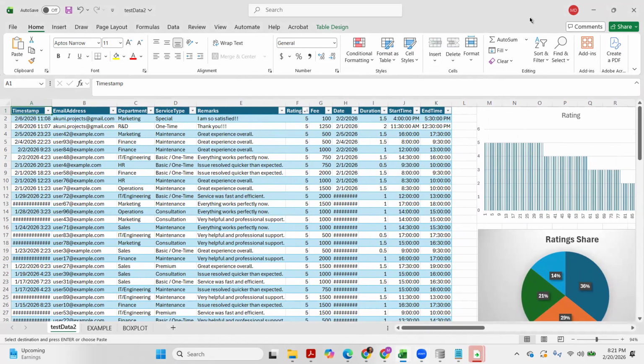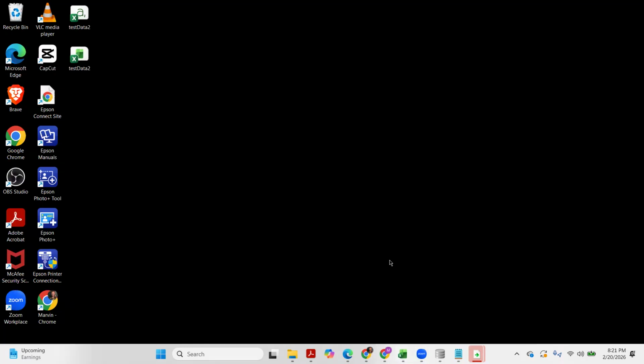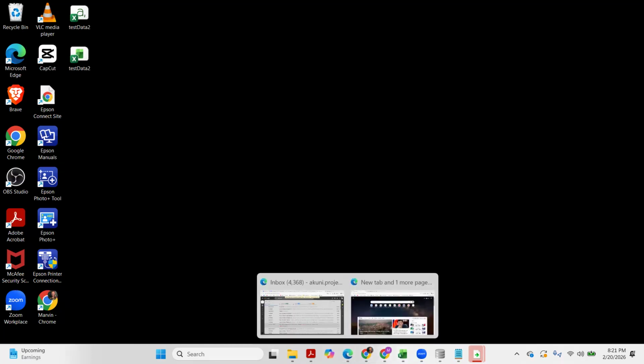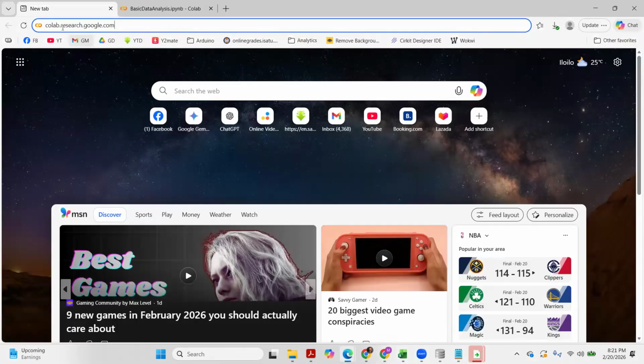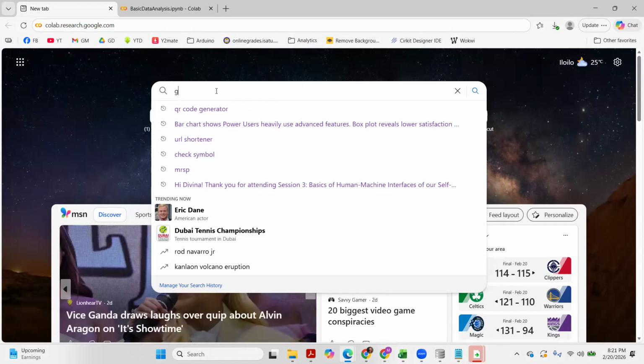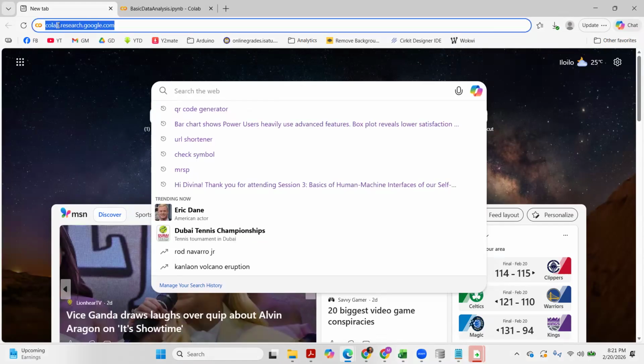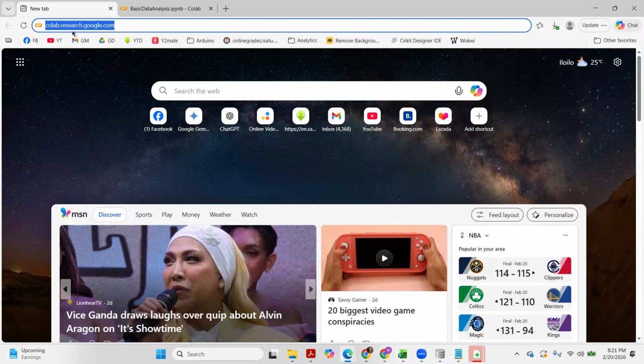Okay, so to go to Google Colab, let's open a browser. Okay, and then you can type Google Colab here, or you can type colab.research.google.com.